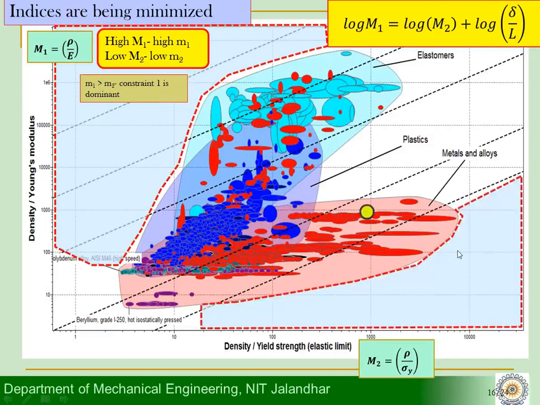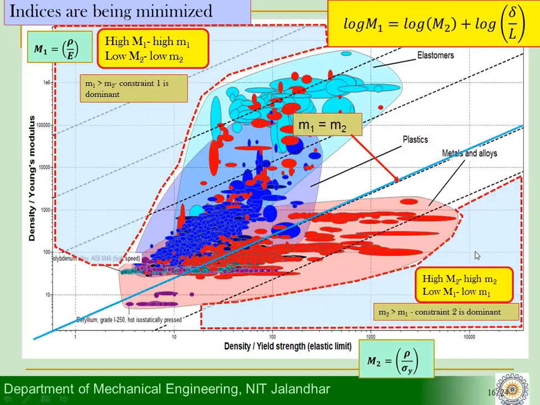Whereas when I look at this region here, the opposite thing happens. When I look at these coupling lines here, on these lines M1 is equal to M2. And what we see is that the difference between these lines is the intercept value, and this is the search region where we will have the decreasing M value.